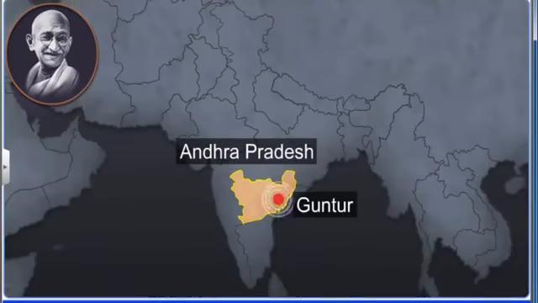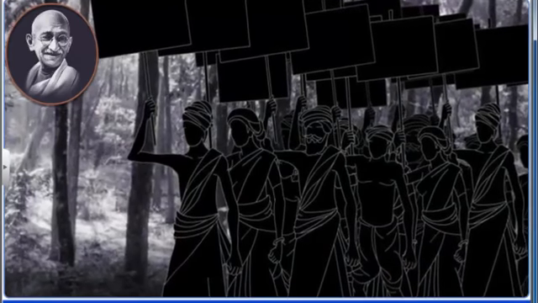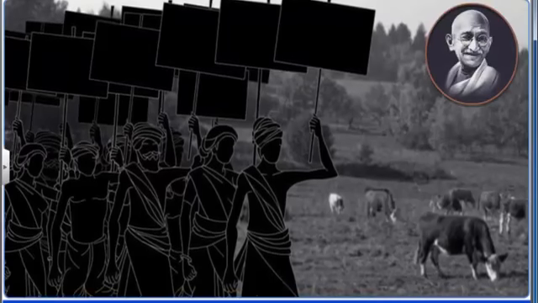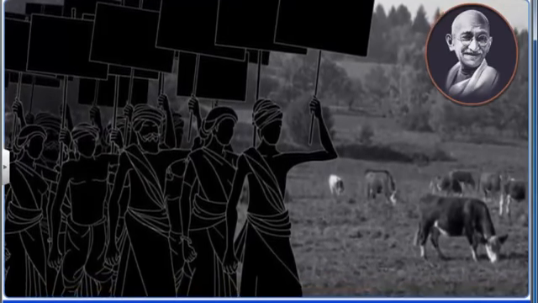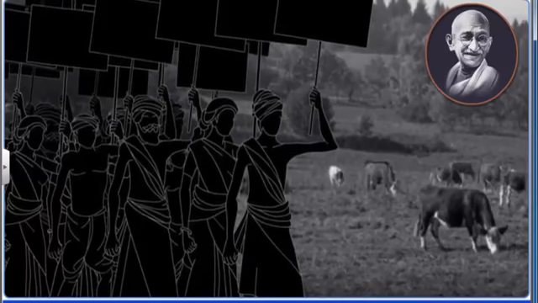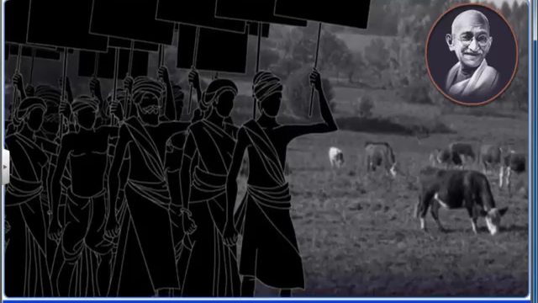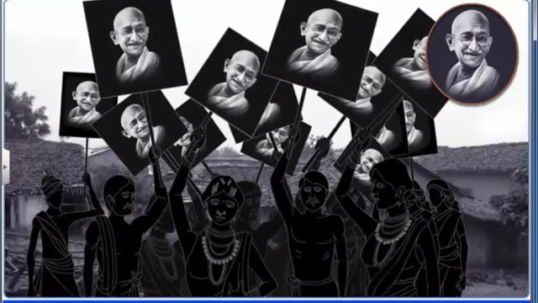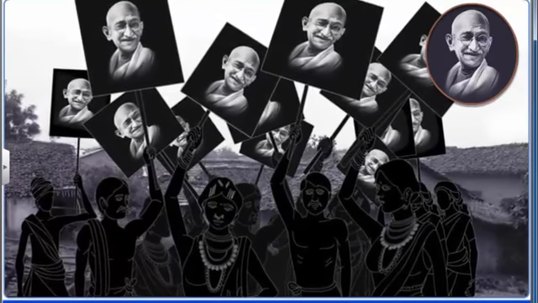While in Guntur district of Andhra Pradesh, forest satyagrahas were held against the unjust forest laws of the British. They also let their cattle graze in the forests without paying the British. In this case too, poor peasants and tribals believed that Gandhiji would get the forest regulations abolished. In many forest villages, people declared Swaraj and believed that Gandhi Raj would soon prevail.